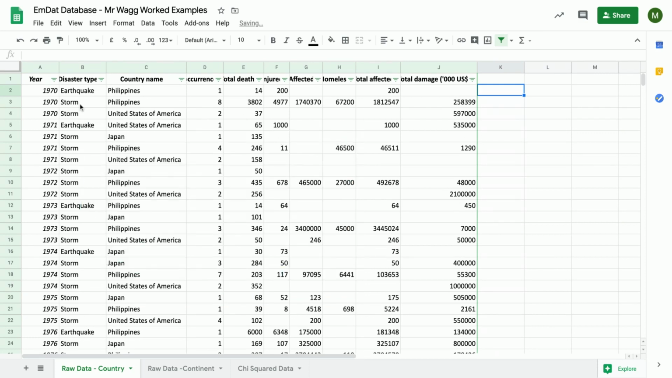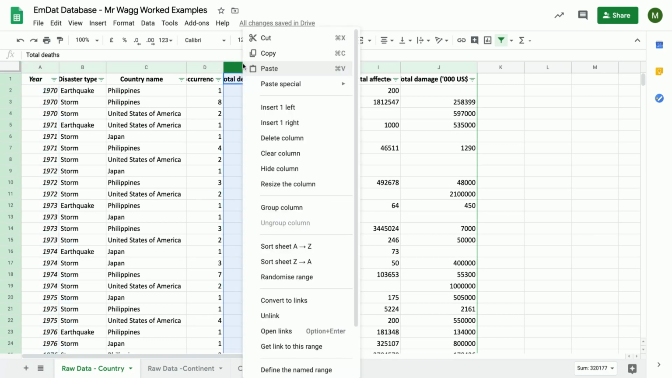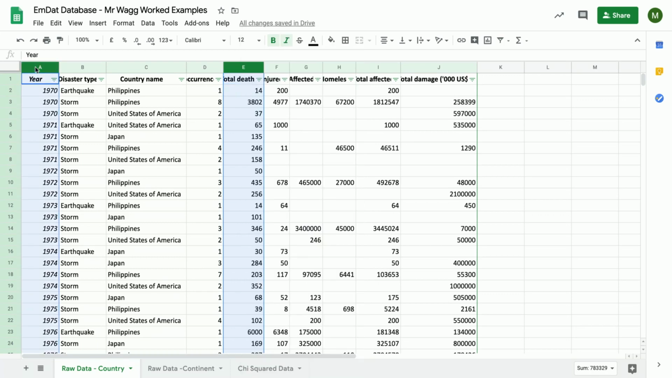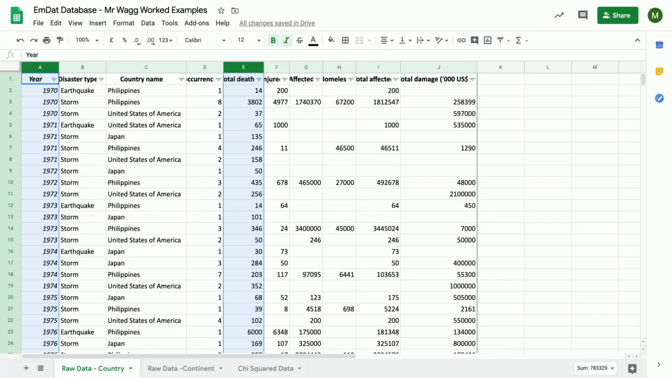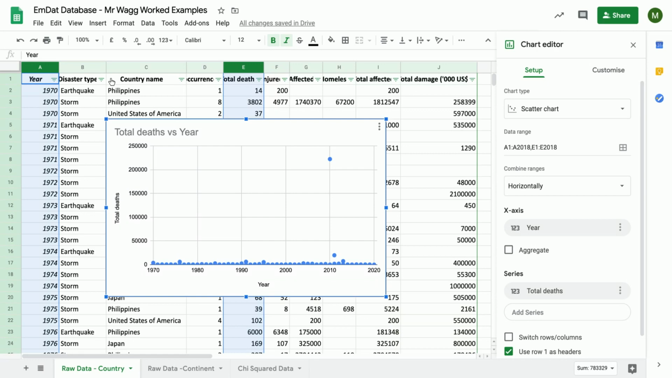Okay, just want to get rid of that. So, if I wanted to, let's say, plot a graph of the year the event happened and the total number of deaths that happened, I can click on this A to select the whole of that heading. Now, here's a good trick. I can hold down Command, click on total deaths, insert chart, let it run for a minute, and there's a chart showing the total number of deaths